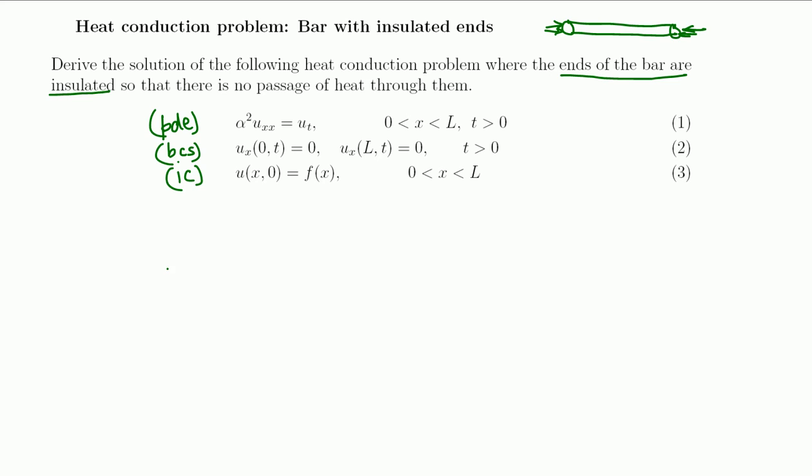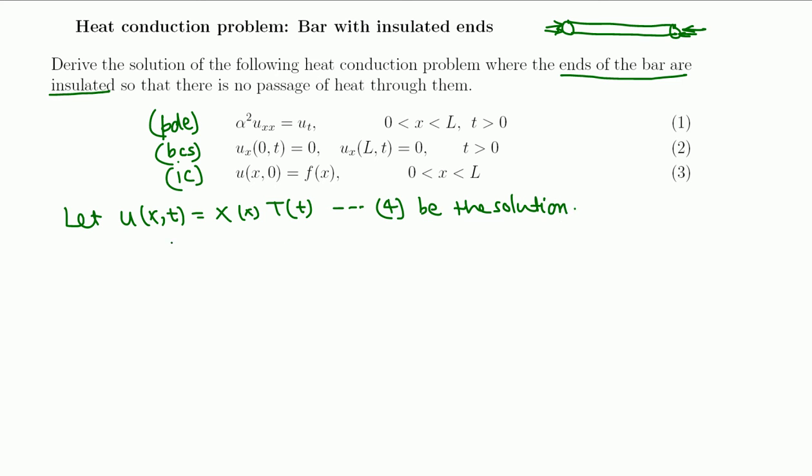Okay, and we use the method of separation of variables, so we let u(x,t) equal X(x)T(t), let's say number 4, be the solution. Now we plug this 4 into this PDE 1 and we get two ordinary differential equations. Plug 4 into 1, we get,